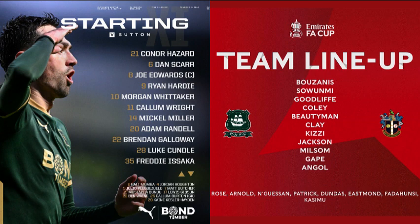Miller then coming forward. He's got a little bit of pressure, and he'll play it infield for Randall, and then it goes back to Miller, wide on the left-hand side. Picks out Galloway, left-footed, plays it across the edge of the penalty area for Scarr, and Scarr to Edwards on this near side, and Edwards just will poke that back into the feet of Dan Scarr, and he rolls it into the midfield, and it's comfortable for Randall, and at the moment Argyle just happy to maintain a little bit